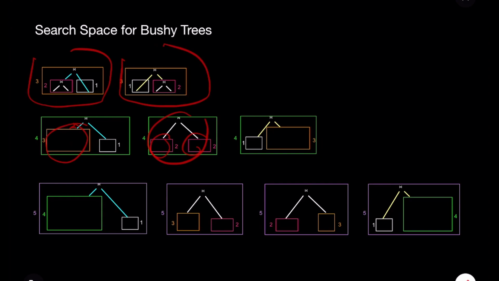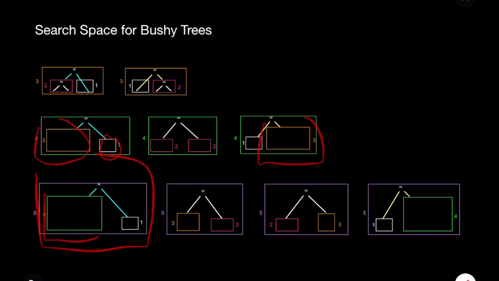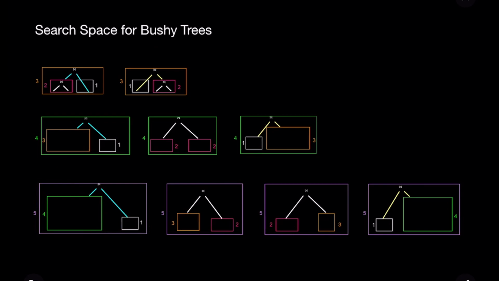That's kind of a dynamic programming argument I'm making here. And whatever is returned from that, join it with another relation. And the same here, just mirrored, and so forth. So if you have 5 inputs, you could do it by joining a 4 pattern with a 1 pattern, a 3 with a 2, a 2 with a 3, and so forth. So you see this search space is exploding, and mathematically,